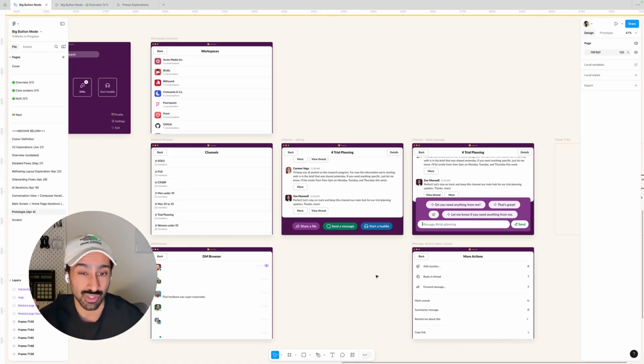So I think it's really important to use real content, to make it feel real, to get a great understanding of what it's going to feel like in product. So yeah, you're never going to see Lorem Ipsum on any Slack designer's work. Content is way too important to us.